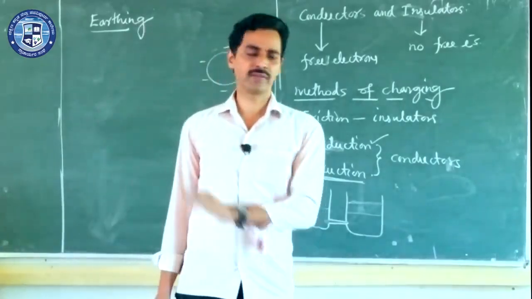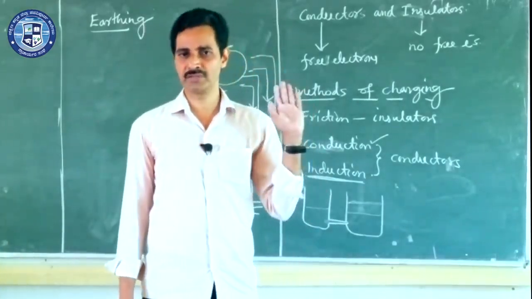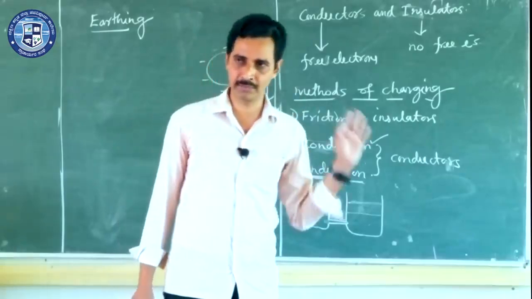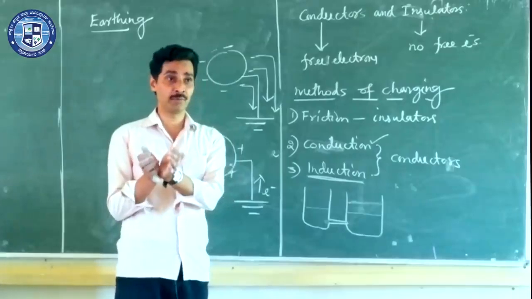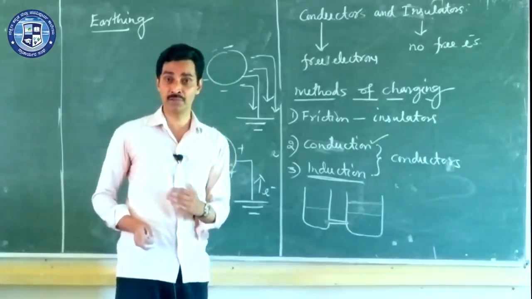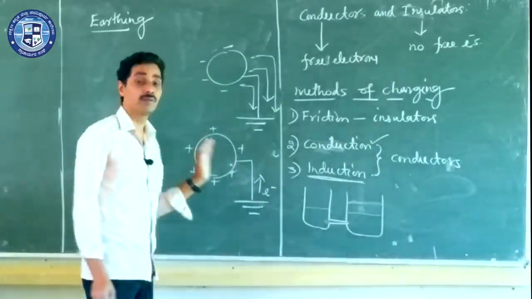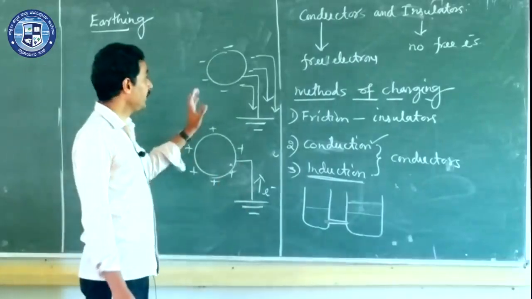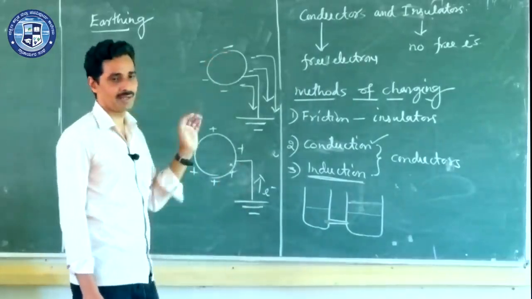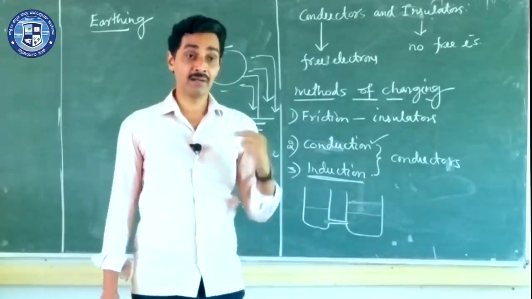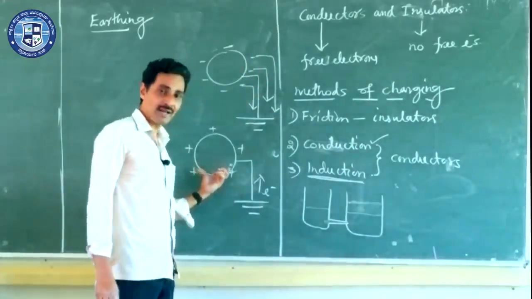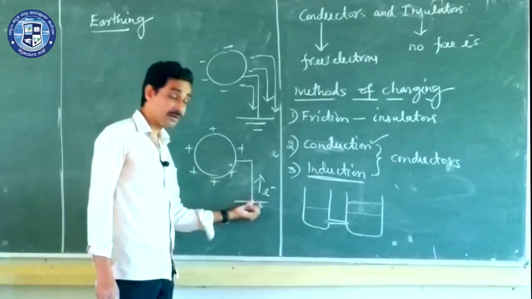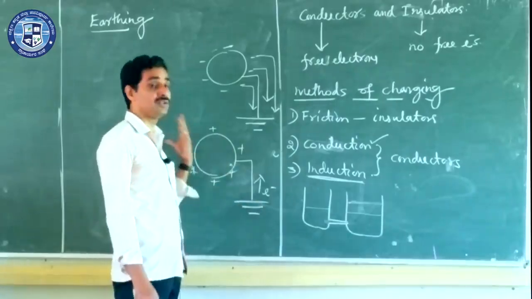Remember, we can't make protons move from one place to another so easily by rubbing or any other method. They are inside the nucleus, tightly bound. A lot of energy is required to remove protons. So positive charges cannot be made to move. Only electrons can be requested to move. So when a negatively charged body is connected to the Earth, electrons flow from the body to the Earth. When a positively charged body is connected to the Earth, electrons flow from Earth to the body and neutralize it.